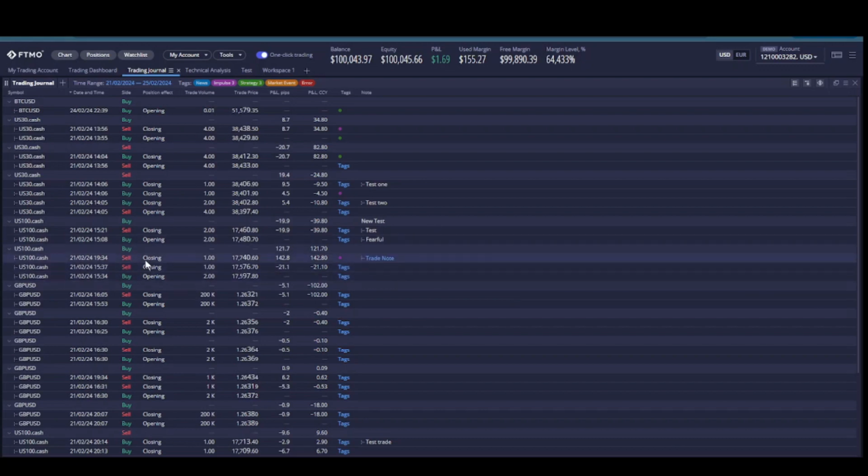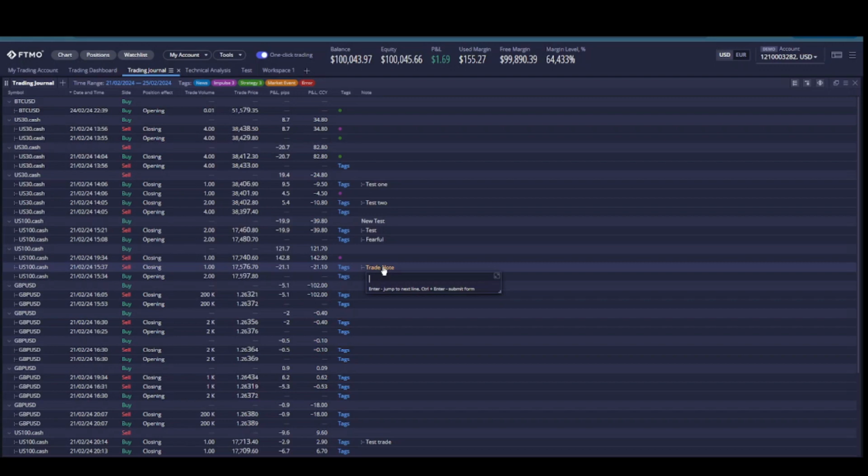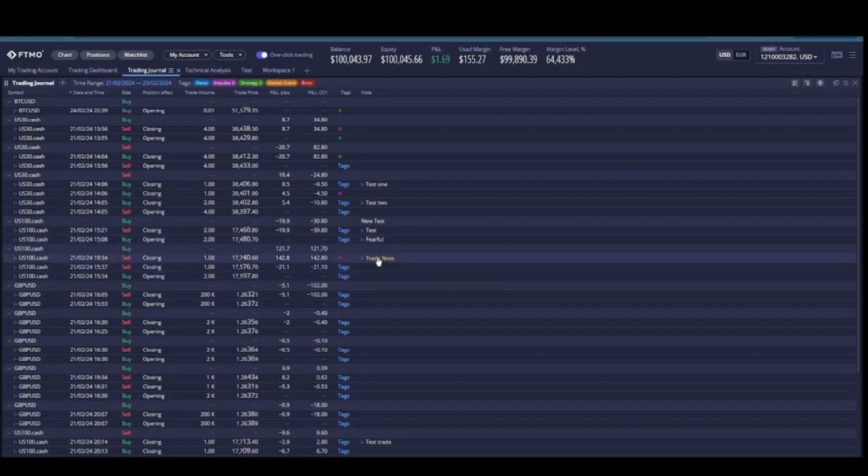Then you can also enter when you close this trade, add the trade note here, hit TP, control enter. And then you also have the option for the overall position, what is your overall feeling. So you can say I was in control, my mental state was calm.